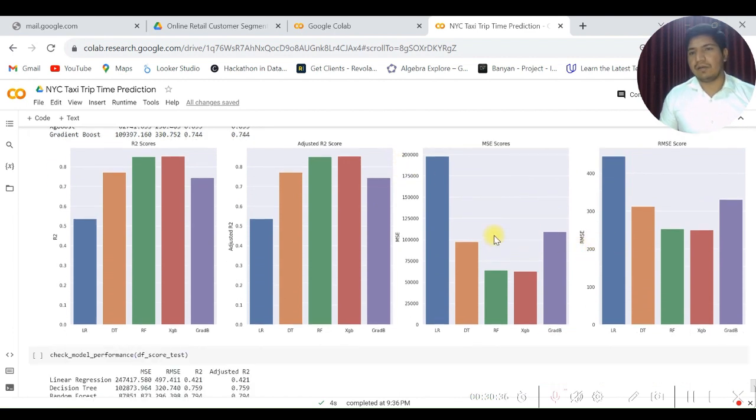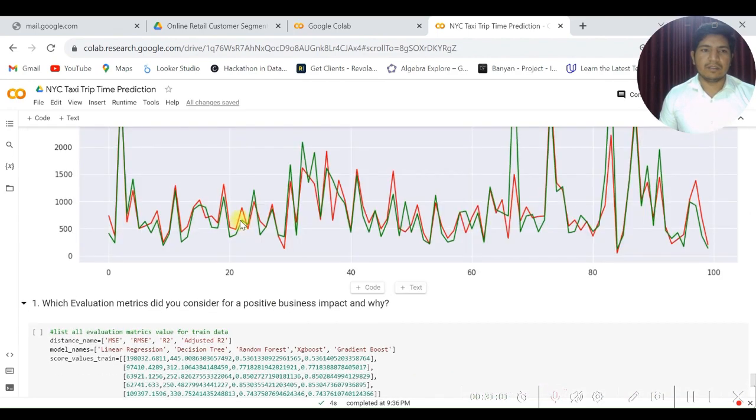The minimum error in our model is XGB or RF. LR means linear regression.